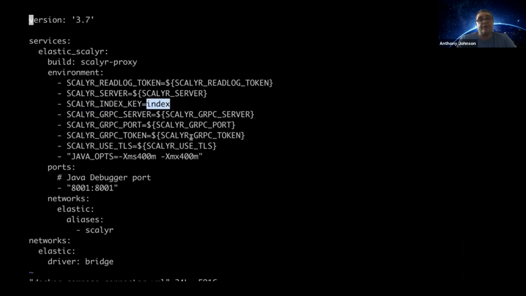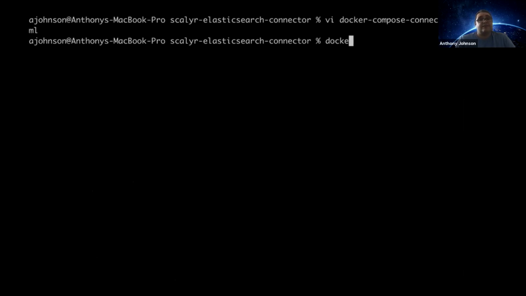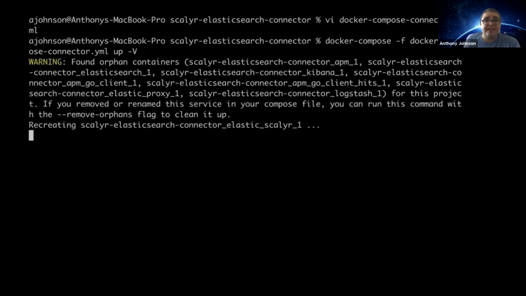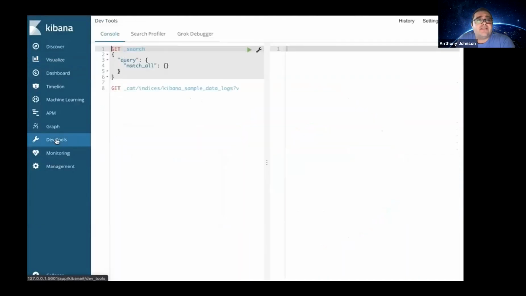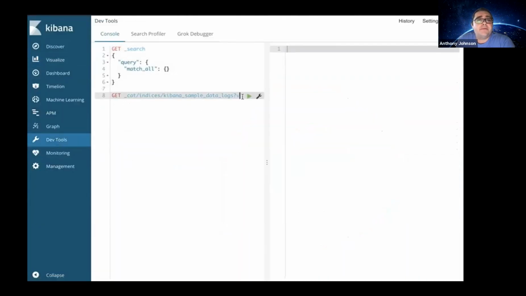And so basically, all the values of the Scalyr index key is going to become our indexes. And so the only value we have in there right now is Kibana sample data. And that came from the event. And so if you're mapping data into Scalyr, if you don't have the index key in the event, that would be one thing you'd want to add. And so now that we have it up, we have our local Kibana sample data set,